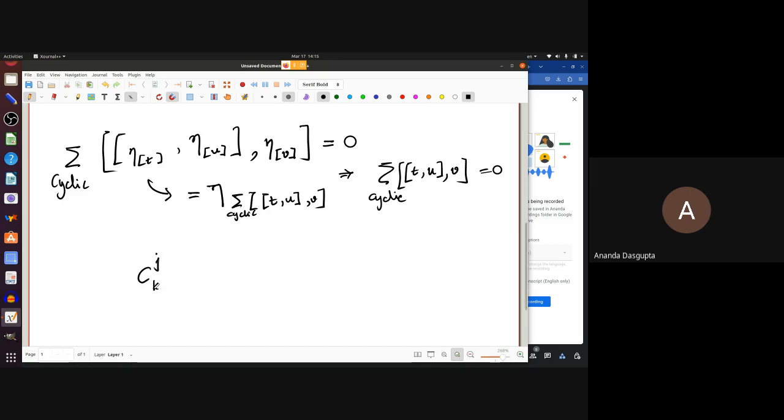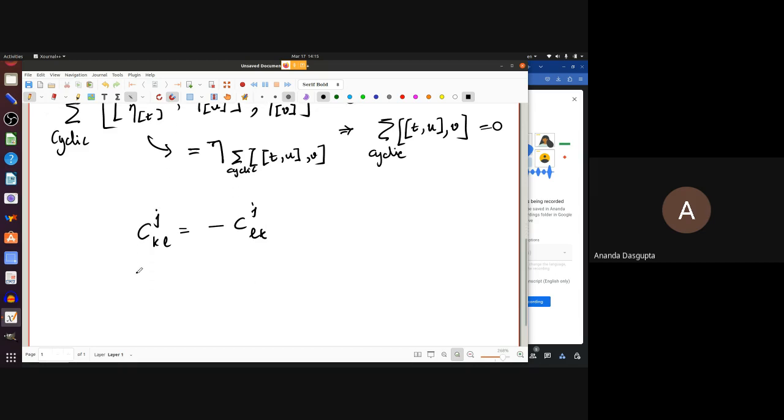We already know the structure constants must obey this, antisymmetric in the lower two indices. In addition to that, the structure constant has to obey C^J_KL, C^L_MN, let's say, plus, now this will be a cyclic change between K, M, and N. So, M, N, K,